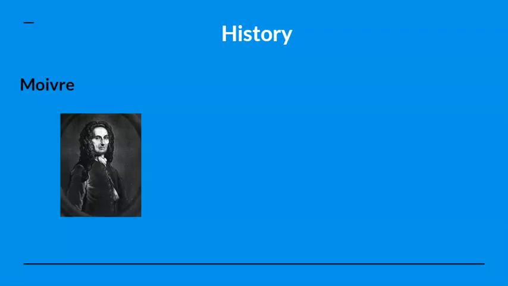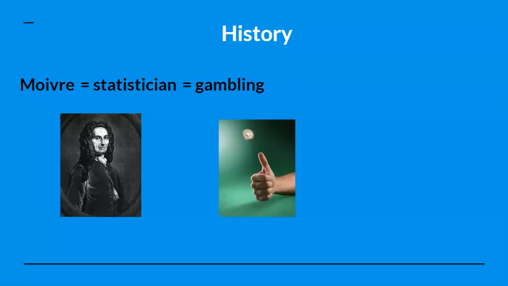Now, before we discuss the second method of calculating probability, we need a brief history lesson. Abraham de Moivre was a French mathematician in the early 1700s. He became a well-known statistician who pioneered the theory of probability when he published the Doctrine of Chance in 1718 while living in England. Unfortunately, because he was a French foreigner living in England, Moivre was unable to obtain any